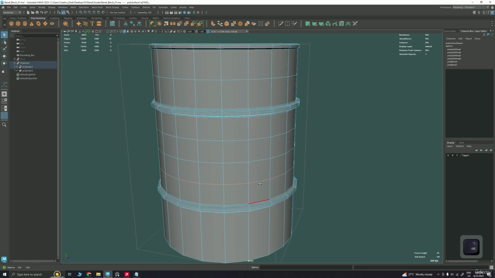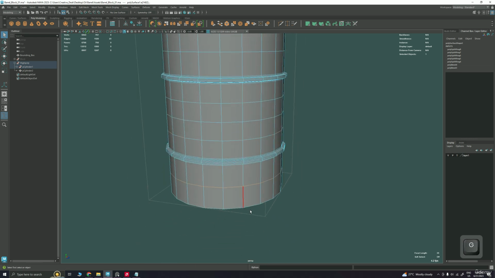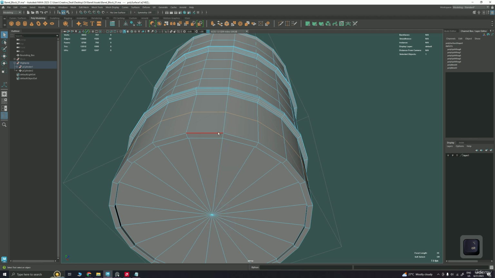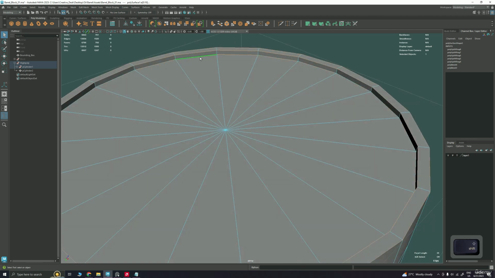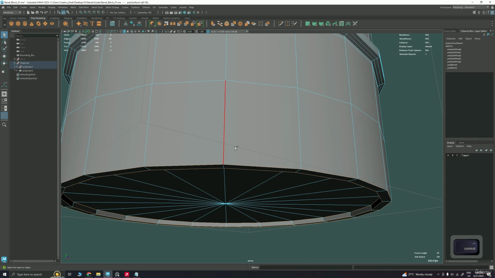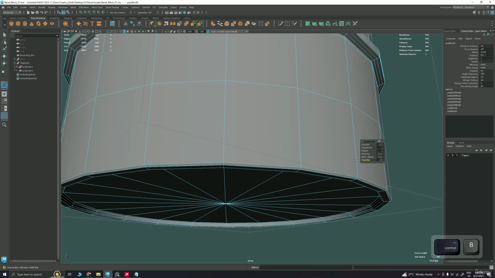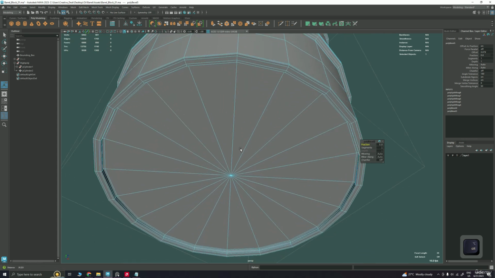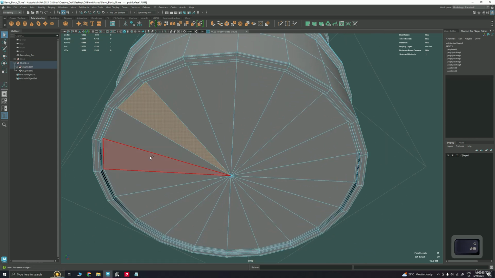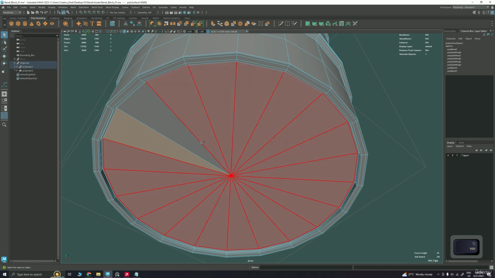I think we'll need to place 3 here, one more over here. And now let's bevel these edges over here with the chamfer turned off. Increase the fraction value, and we need to do the same thing over here what we did for the top